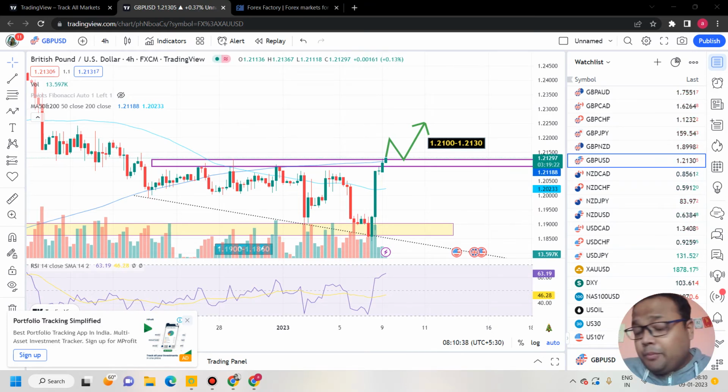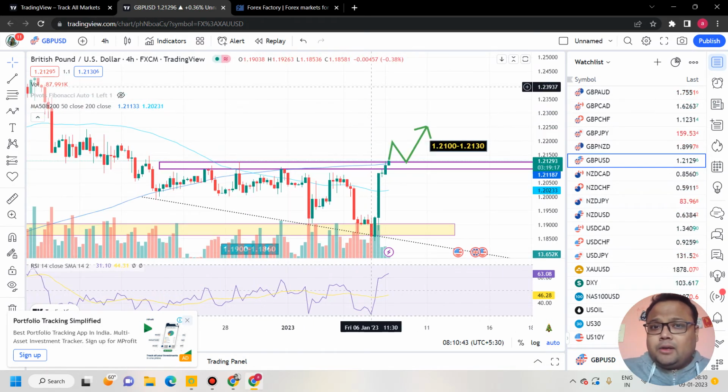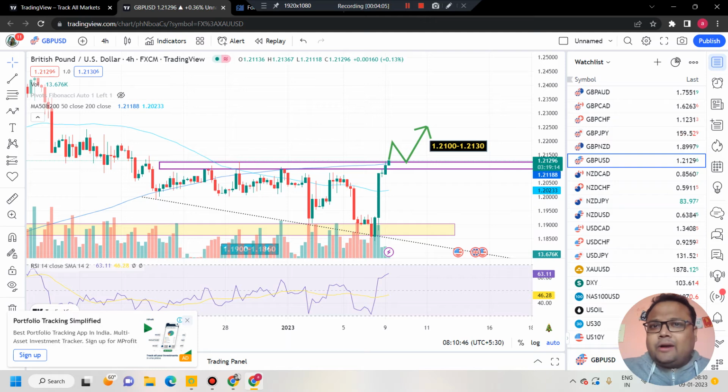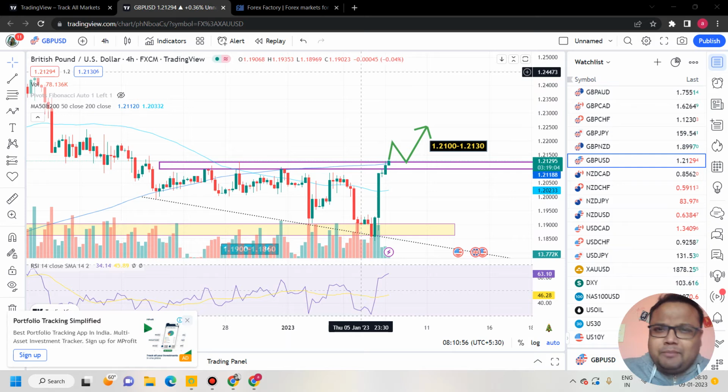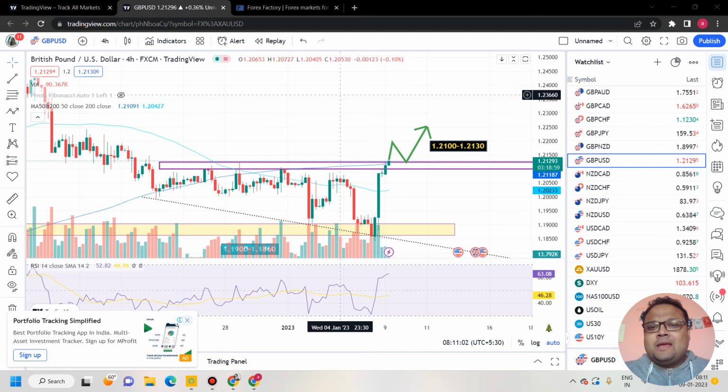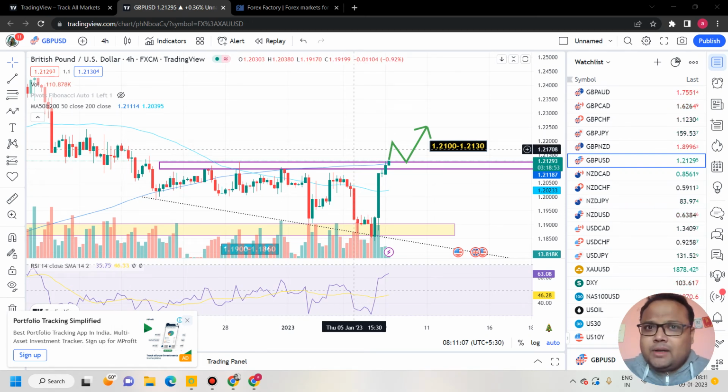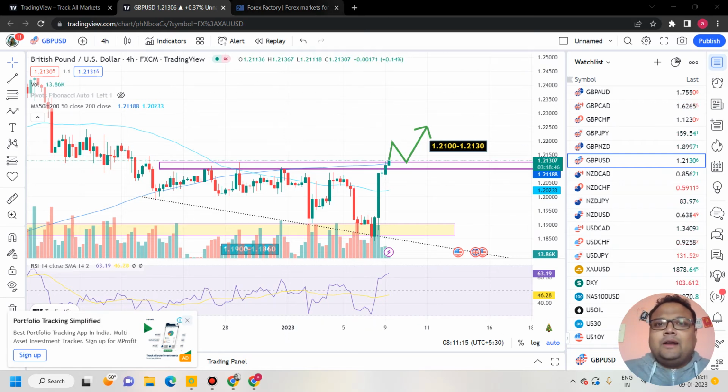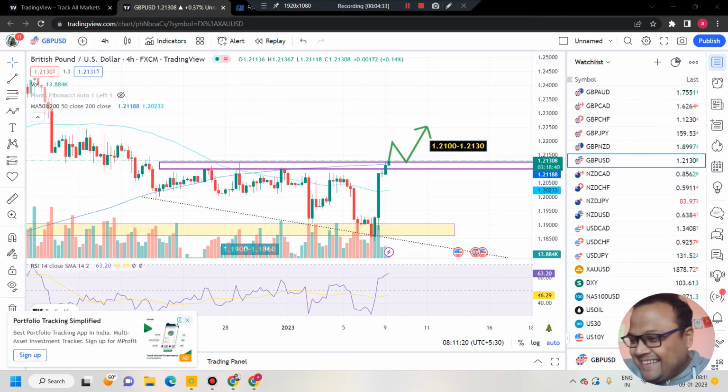If you want to know my opinion on what I will do, then honestly, I will not trade right now. I will wait for the market to retrace, and I will wait for at least till the European session, because trading can be dangerous in the first half of Monday. This is my opinion. I can be wrong as well. So my dear friends, please follow proper risk management. But personally, I would prefer to wait till the European session. In case the market goes for a breakout, I will not regret. I will wait for retracement, because regret is very common in the market, and I have learned how to control regret.